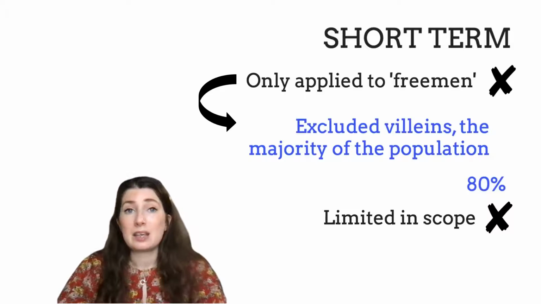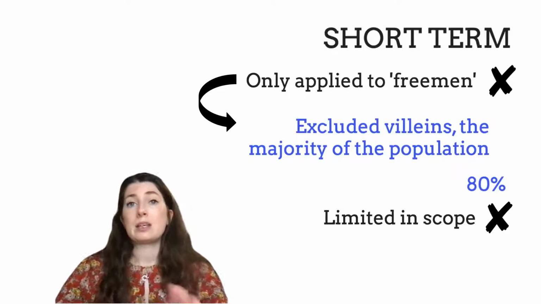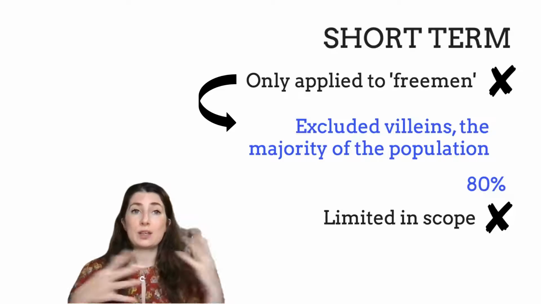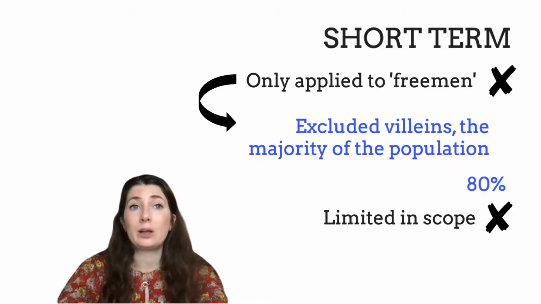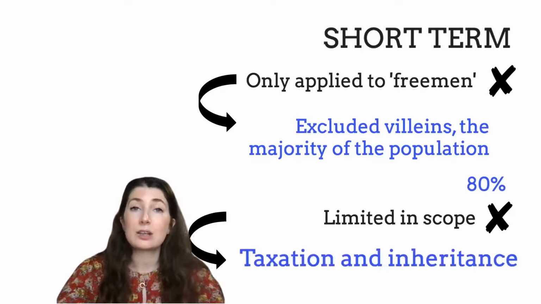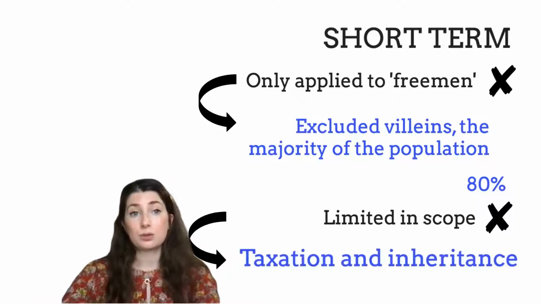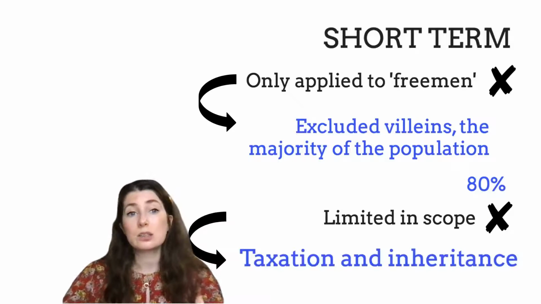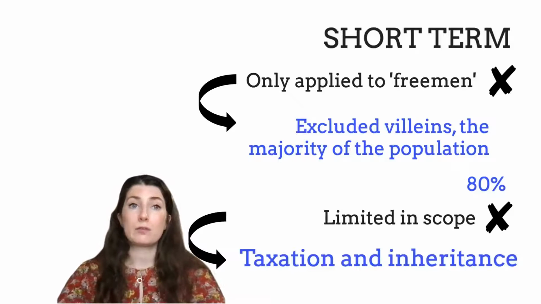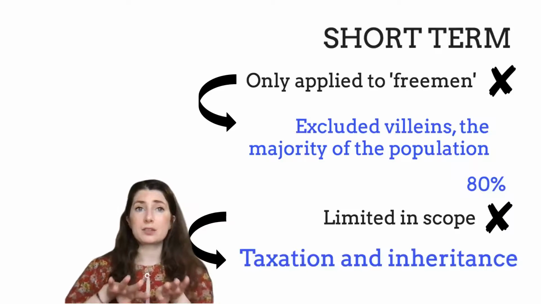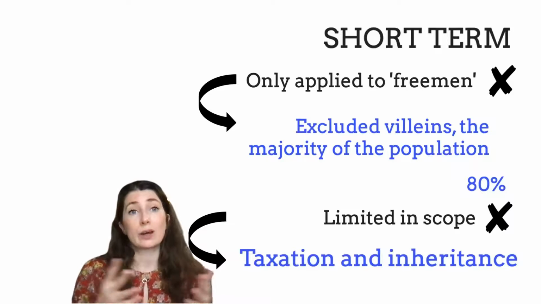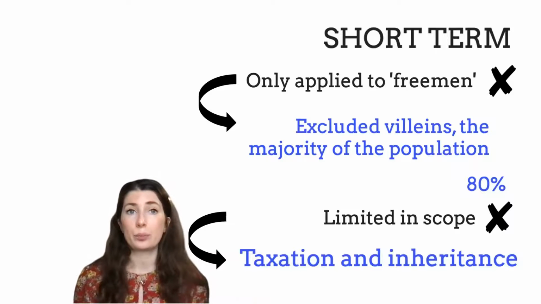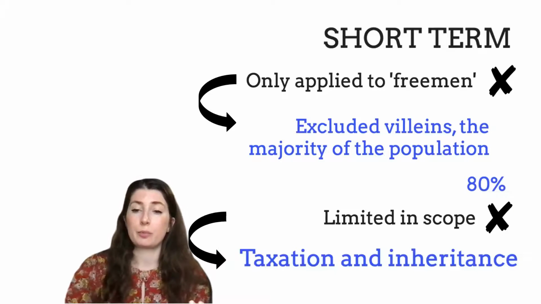It's also very limited in scope. And by scope, what I mean is how broad what these terms apply to is. So in this instance, the terms really only apply to cases of taxation and inheritance. Now, as you can imagine, taxation and inheritance really only apply to the barons. So what we're seeing from these two pieces of information is that Magna Carta was quite exclusive in who it brought greater freedom to, or greater individual liberty. It's not the whole population, it's a minority of people.